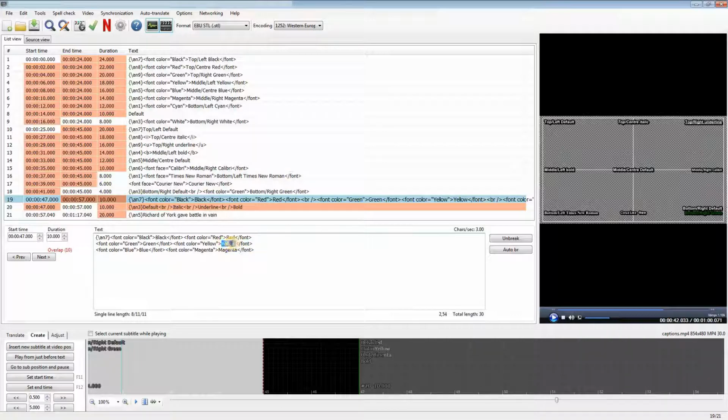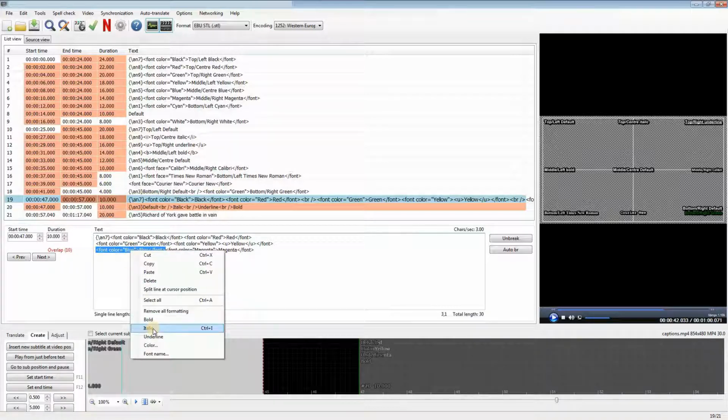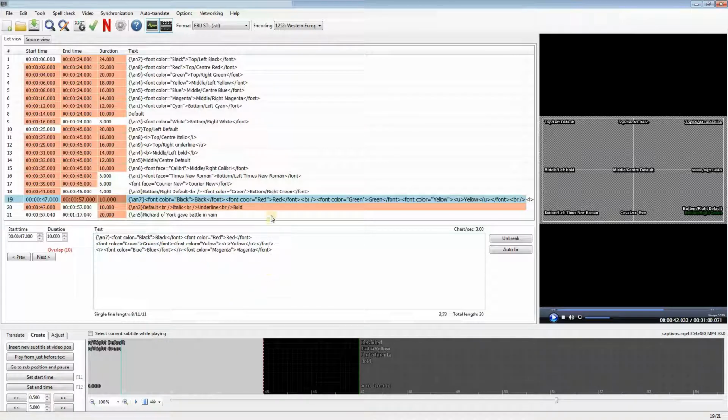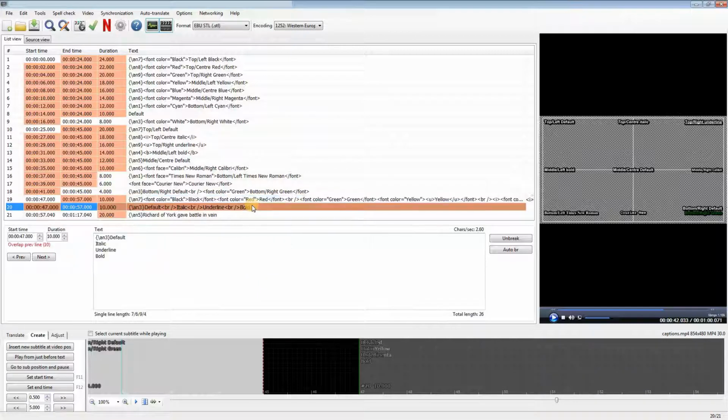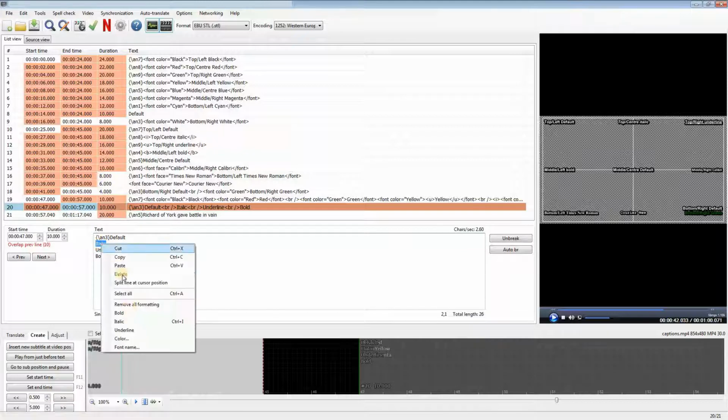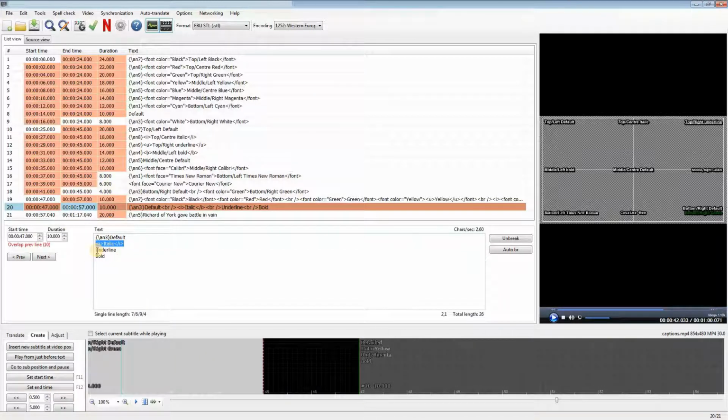So for yellow, I'll make this underlined. And I'll make the blue text, including the tag, I'll set that to italic. And I'll set another caption with a mixture of default italic, underline and bold.